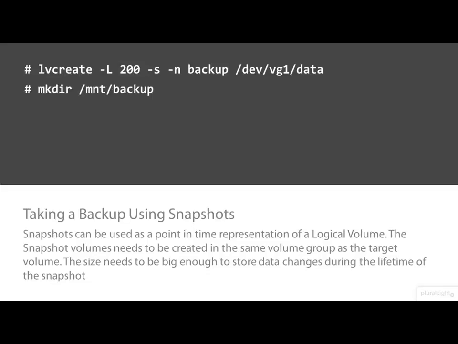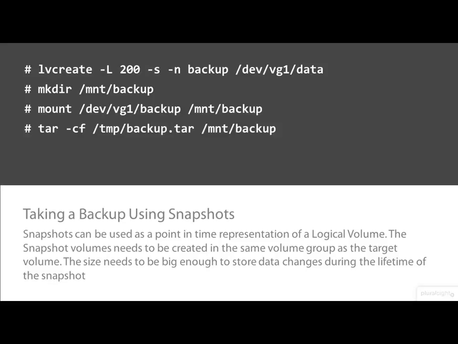We can then make the directory /mnt/backup, and then we can mount then the snapshot volume to the backup. From here then we can carry ahead with our backup, be it tar or whatever we're using. So we create then our backup file. At this stage then we're happy to unmount the backup, and we could then go through and delete the snapshot volume. So lvremove